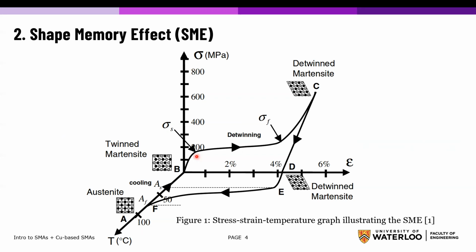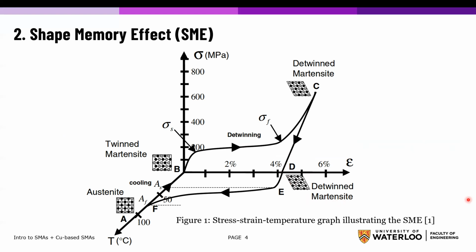of detwinning begins. Keep in mind that the stress level required to achieve the detwinned martensite phase is much lower than the stress required for martensite to plastically yield permanently, which is why they have that shape memory effect to start with. So when the shape memory alloy reaches past the sigma finish stress level, it completes the detwinning process, arriving at point C, which is the detwinned martensite phase. And as the shape memory alloy is elastically unloaded, it keeps the detwinned martensite state and arrives at point D